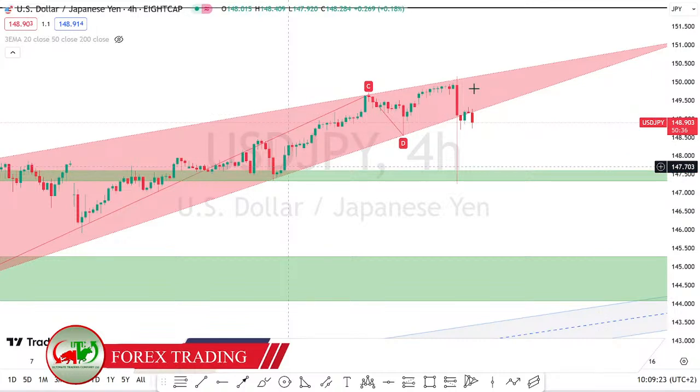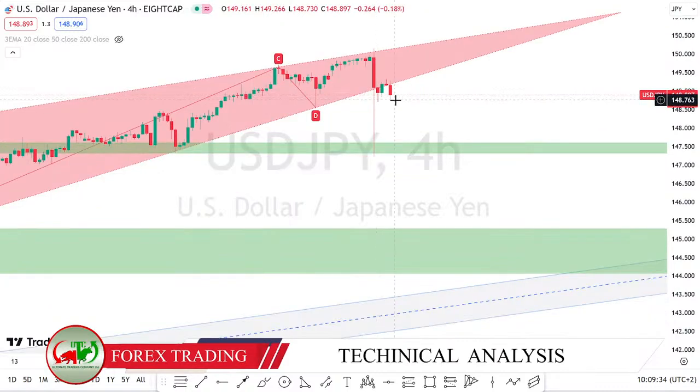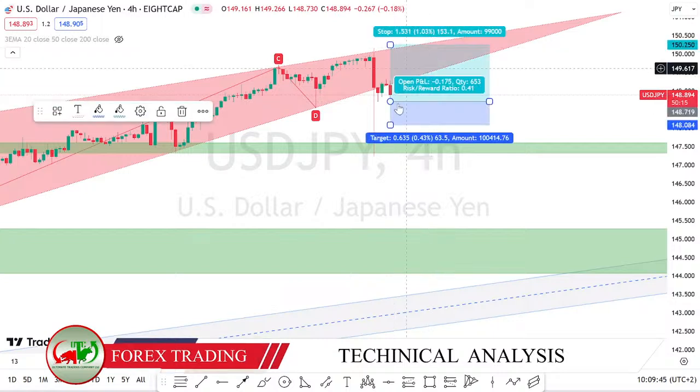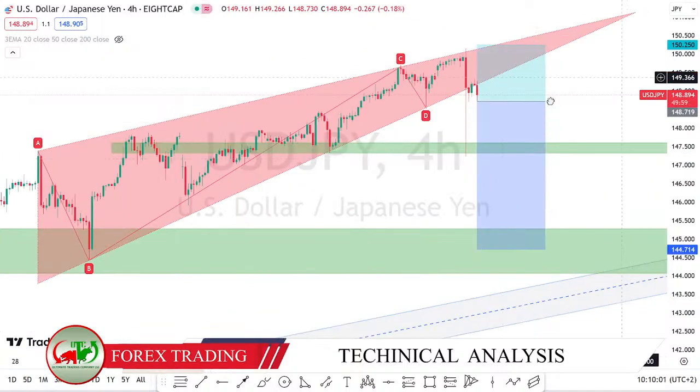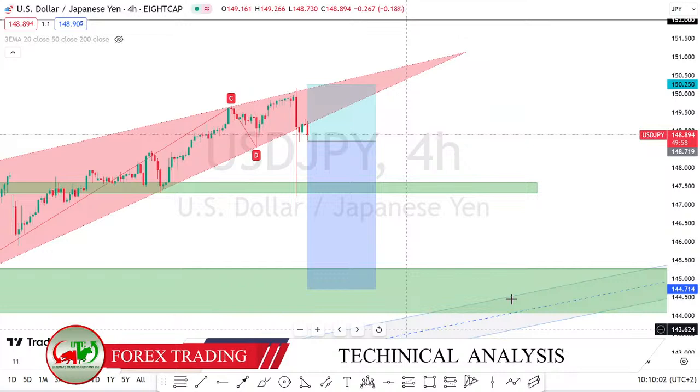Now even if we get a bearish engulfing candle or an evening star candlestick pattern there, we can make our break and retest over there, with stop loss over there. Please remember the risk management, because nothing is 100% guaranteed in forex trading, and you can time your take profit now at the bottom or at the beginning of this wedge. There is high probability that USD/JPY will test the bottom of this wedge before it continues this bullish move over there.